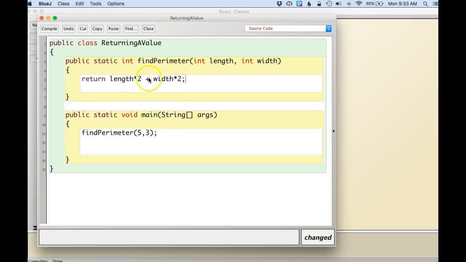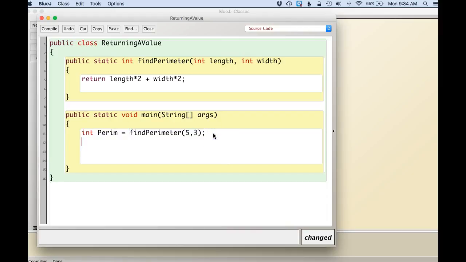Okay, so it's going to take this information, figure out what the perimeter is, and send it back to find perimeter. Now, when I send the information back, perimeter becomes like a variable in itself. So what I mean is, it's actually holding on to the perimeter. So what I need to do is either create another variable that will hold on to it, or use it in some way. Say I could output it. So I could do another one,